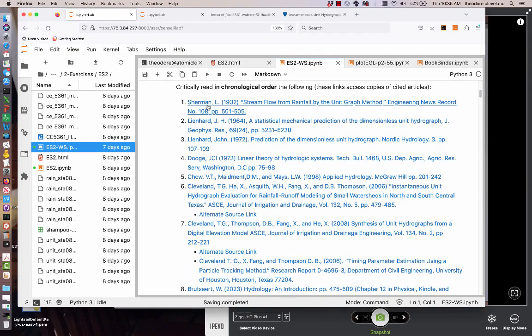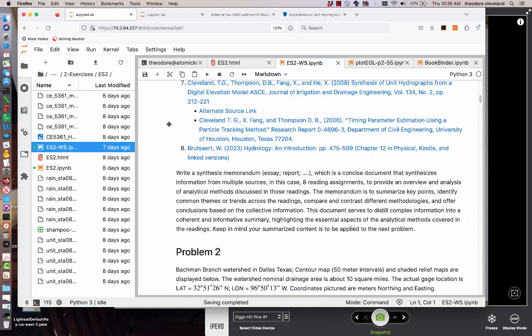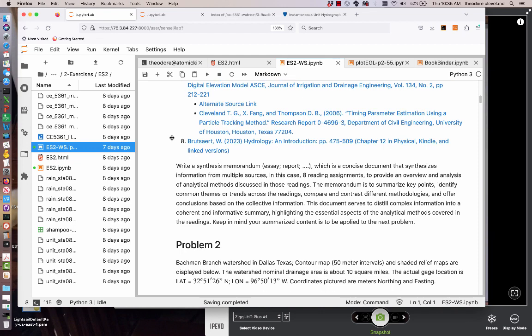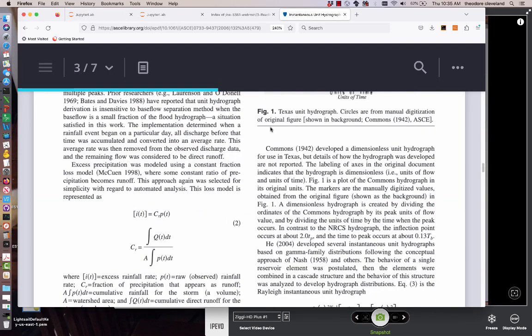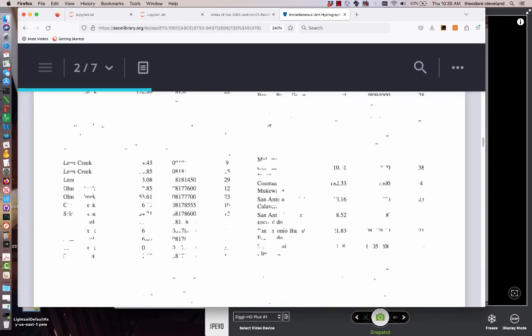So at this point we have read, in chronological order, all these various sources, and one in particular is Instantaneous Unit Hydrographs by,